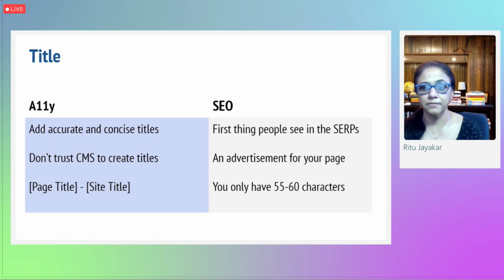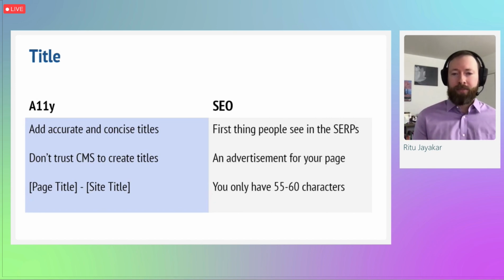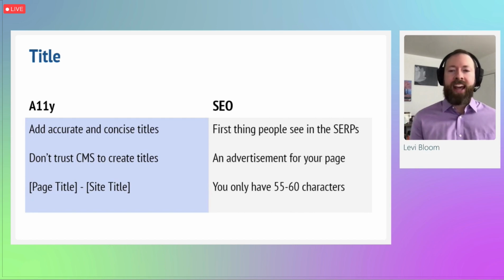No clickbait needed, though. But keep in mind, the search engines only allot you so many pixels, so you only have approximately 55 to 60 characters to work with when you're writing your titles. Anything beyond 55 to 60 characters is usually truncated and replaced by an ellipsis in the SERPs. It might even be replaced or rewritten. But if you have accessibility at top of mind and your title is accurate and concise, you're all set.